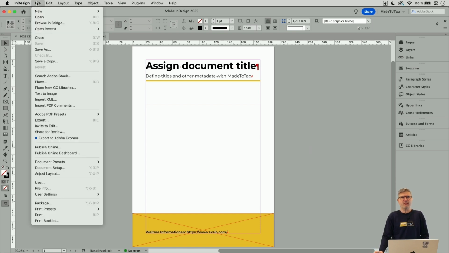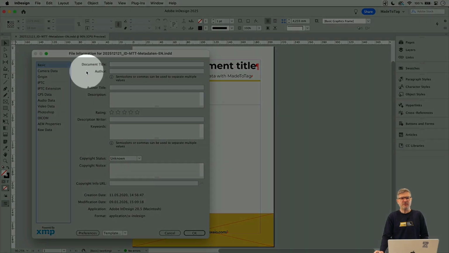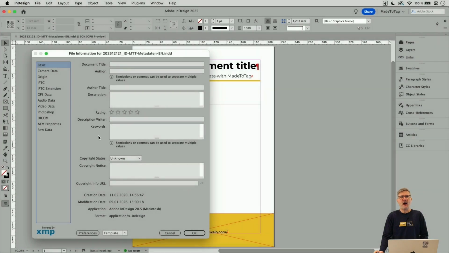You can use the File menu entry and then go to File Info. If you click on it, it will show up a window where you can put in several metadata. The requirement for the PDF itself should be the document title. That's the main requirement. All other entries here, like an author, the description, or for example keywords, are not a